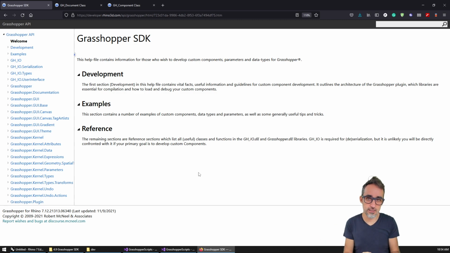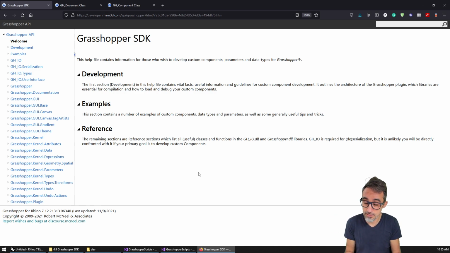Some of the functionality, specifically the one that relates to how Grasshopper works, how the solutions are updated, how the components are laid on the system, how they talk to each other, etc. All of that, Rhino Common has no idea of how it works because it's a plugin, right? So all of that functionality actually lives somewhere else and it's provided to us through what's called the Grasshopper SDK,